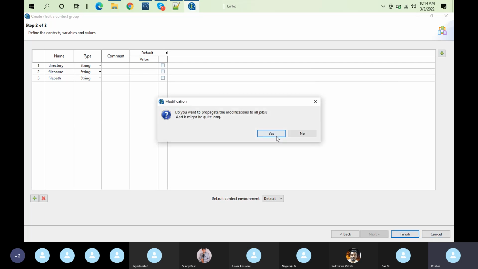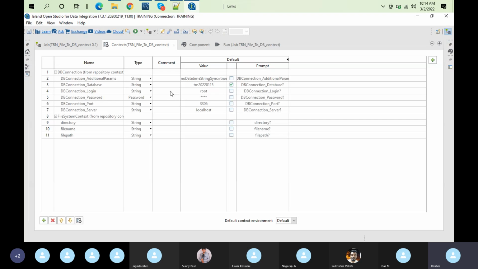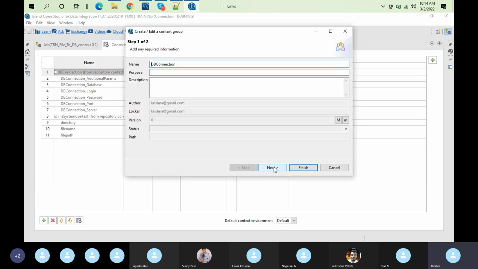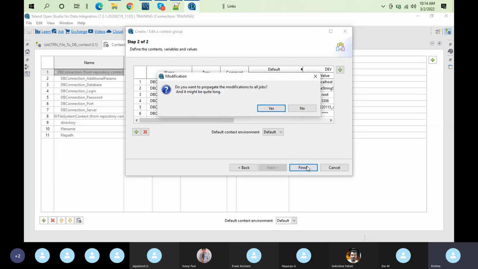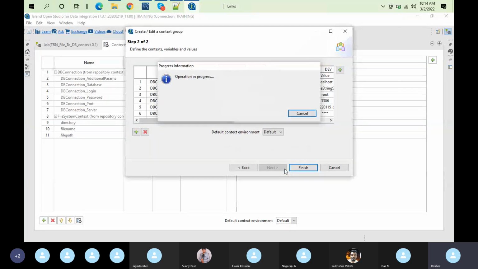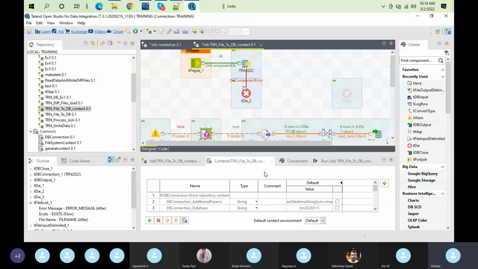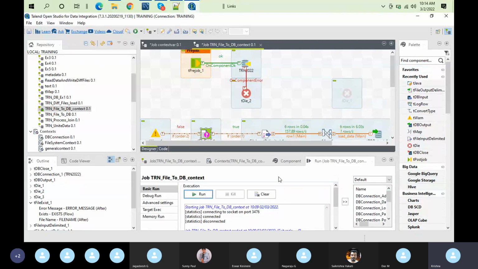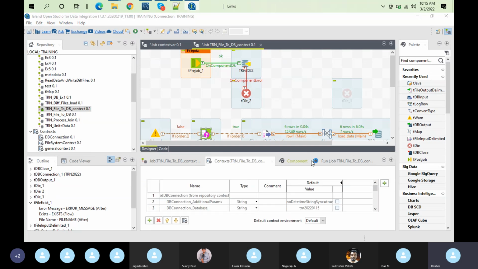And I have only the context variables, which should be there in our job. Without variables, you cannot assign the values of the respective path. So the file path I'm going to get from outside of the studio, outside of the code. So I'm removing this. Now if you run the job, we removed the value of this file path, and we have just a null, we don't have anything in the file path. If you run